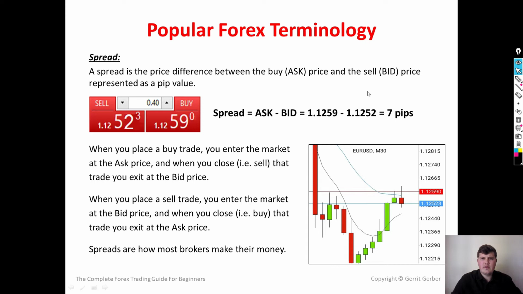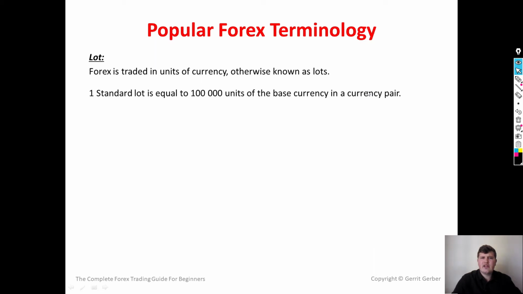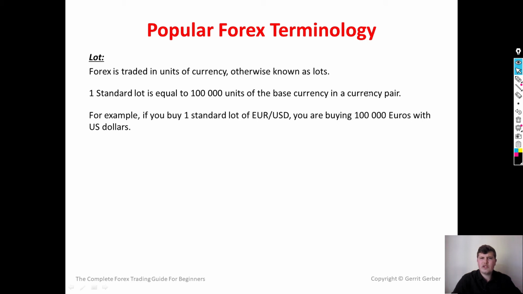spread terminology. The next term we're going to look at is a lot. Forex is traded in units of currency, otherwise known as lots, with one standard lot being equal to 100,000 units of the base currency in a currency pair. For example, if you buy one standard lot of Euro USD, and remember the Euro is the base currency